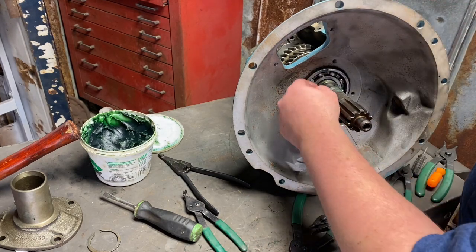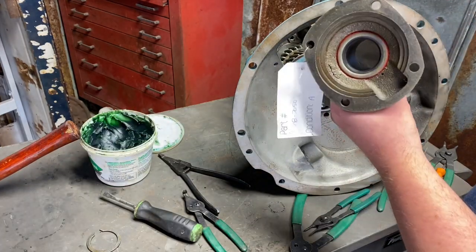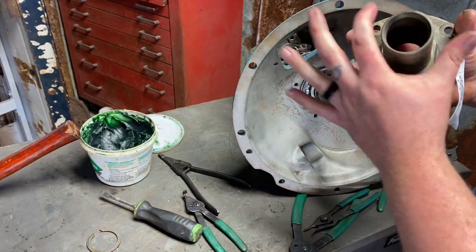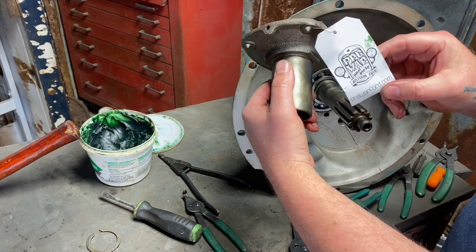Now I'm going to put the snap ring on here. I'm going to pack our seal here. So this is a new seal. And then I'm going to put a little bit of lubrication here, where the throwout bearing assembly rides back and forth. And this was from Pre-War